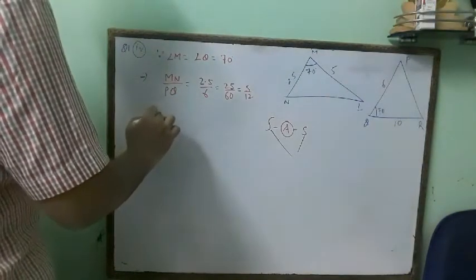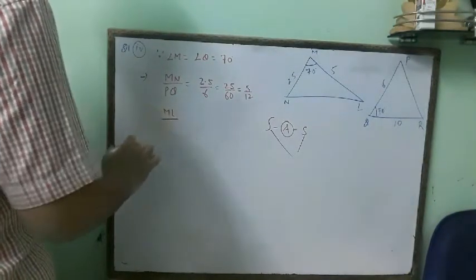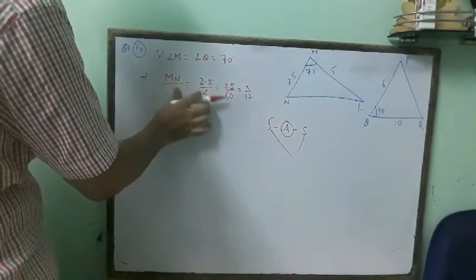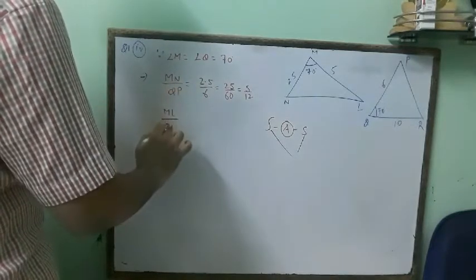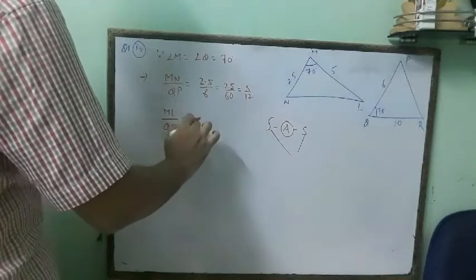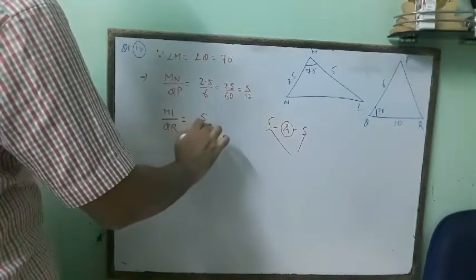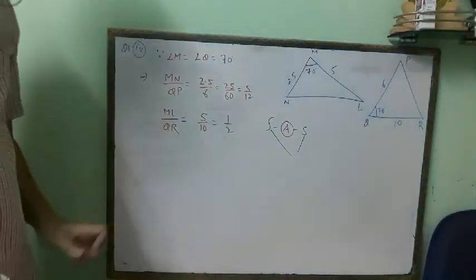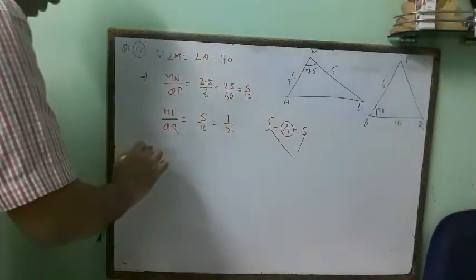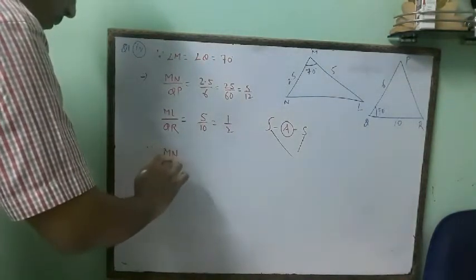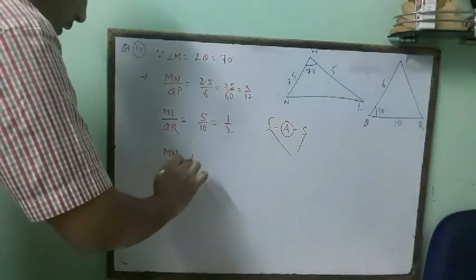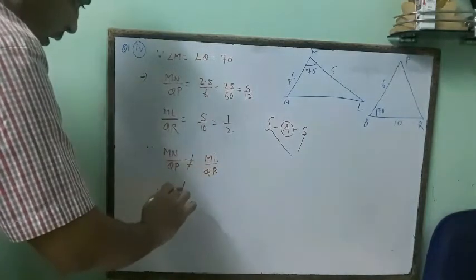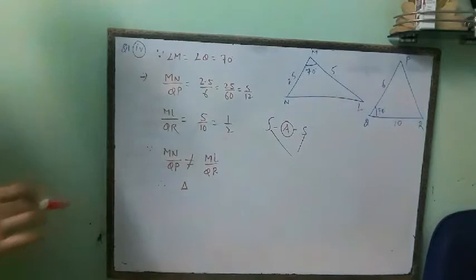Now ML divided by QR, that is equal to 5 divided by 10, that is equal to 1 by 2. Since the ratio of MN by PQ and ML by QR are not equal, since MN by PQ is not equal to ML by QR, therefore triangle